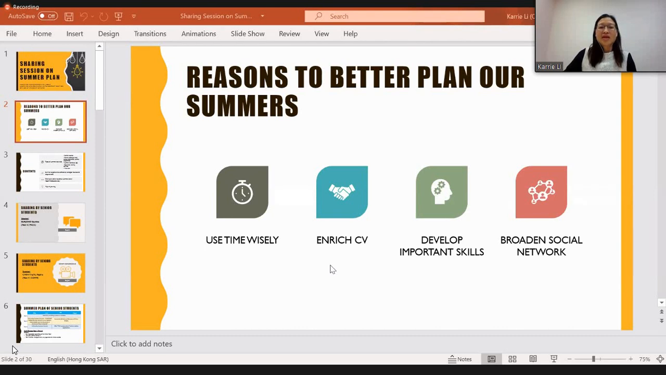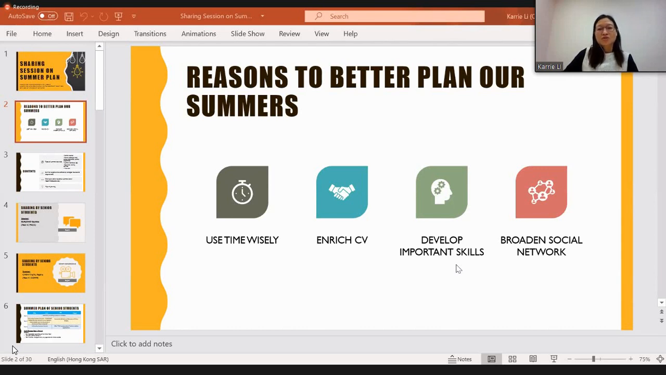For example, you can join some internship programs, you can go to some study trips, you can do some volunteer work so that you can enrich your CV. You can also spend this time to develop some of the important skills. Say, for example, as a non-local student, you may want to improve your Putonghua or Cantonese. And you may also try to organize some student activities so that you get to develop your organizational skills as